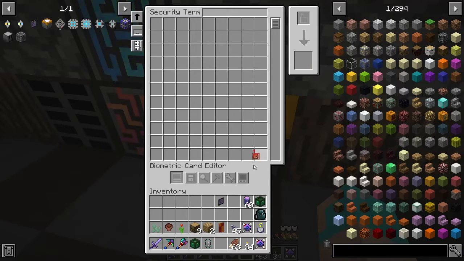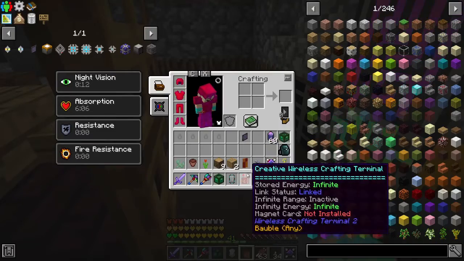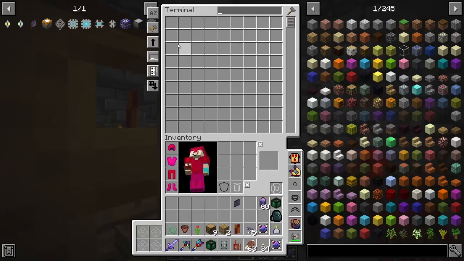Good. So now I should be able to open this up to show what's in our ME system, which there's nothing in our ME system yet because we still need to link everything that we have next door into our ME system. But now we've got this. We're getting there. So our next step,